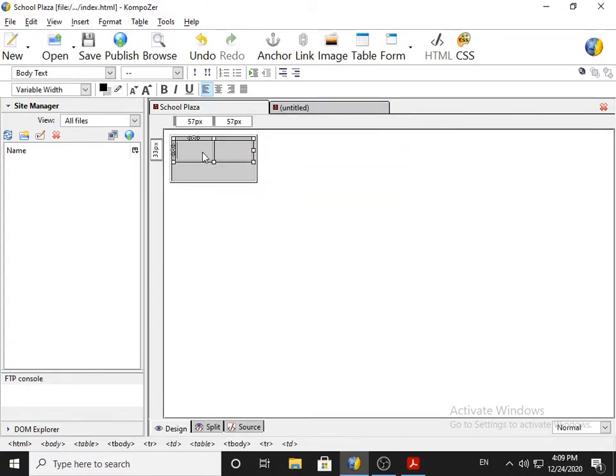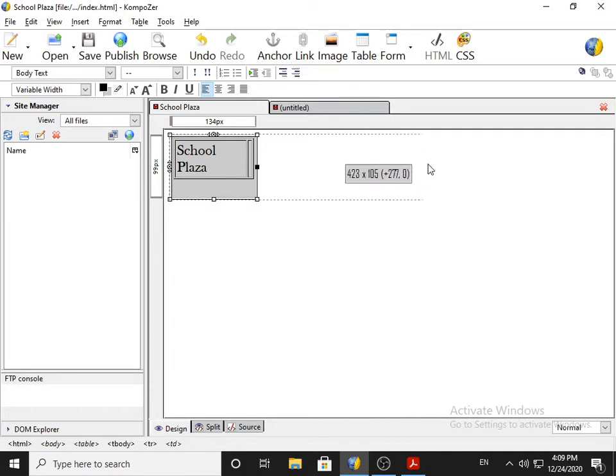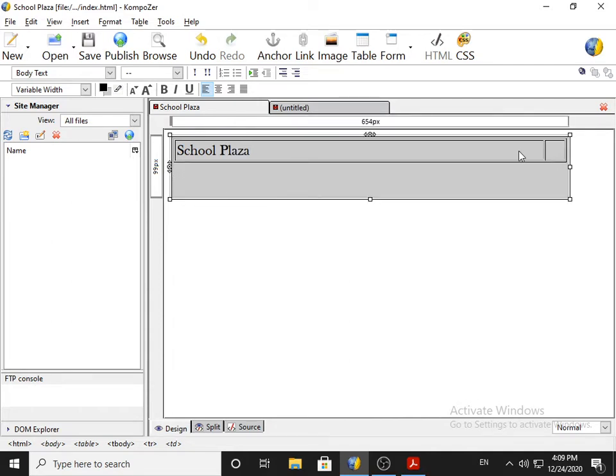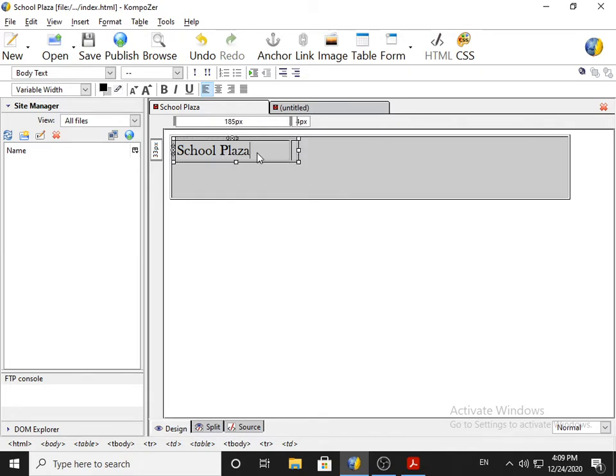Now in first I will write School Plaza, and in second I need to insert the image. You can enlarge this if you move your mouse cursor, it change. Now click and drag, you can able to enlarge the table the way how you want. So this is School Plaza, we have to type in the first area, and in second we will put image.